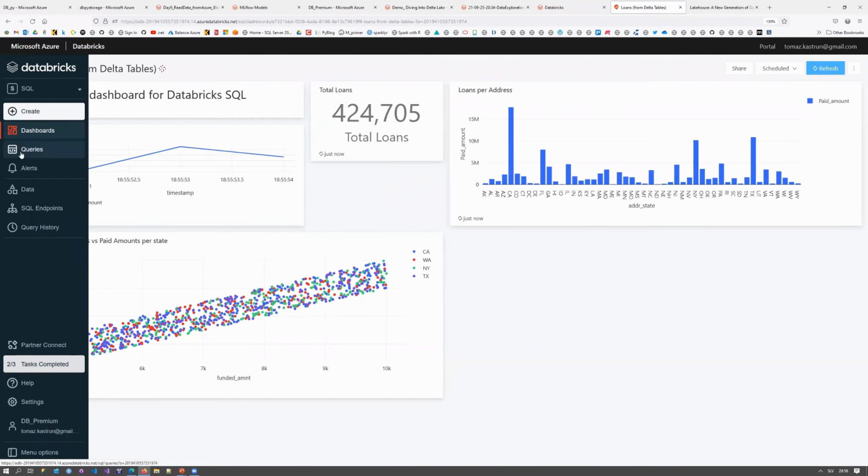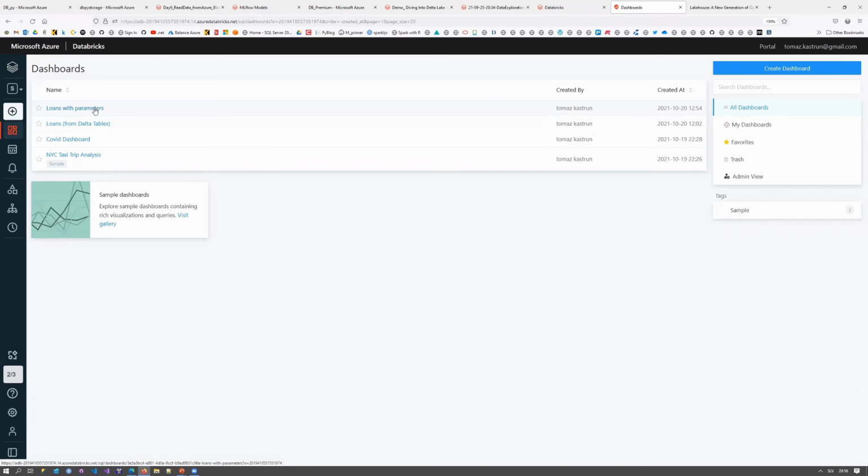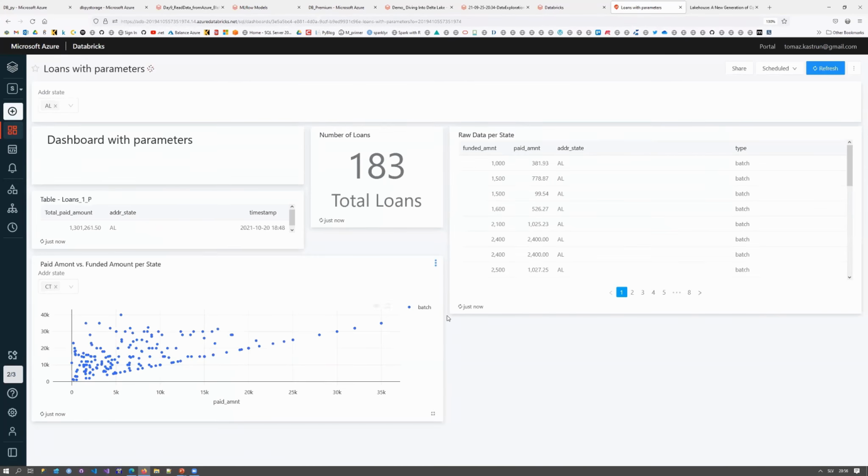I've also created another dashboard. This one has just one parameter. All these queries can also be parameterized, which means that on the same data set, I can see, based on either time or some filters, what the result is. So I can say, okay, I don't want this country. I want to select, I don't know, the famous country, and all the data will change